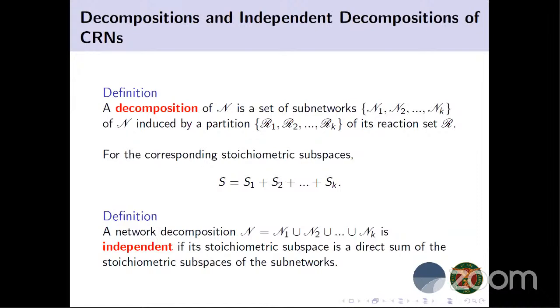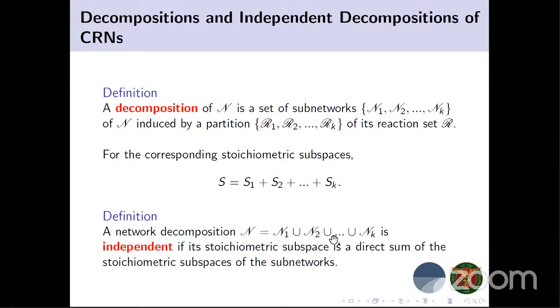And then this decomposition of a network is induced by partitioning the reaction set into K reaction sets. For the corresponding stoichiometric subspaces, we have S equal to this sum, S1 plus S2 until Sk. And then we now have this definition for independence. A network decomposition N given by this